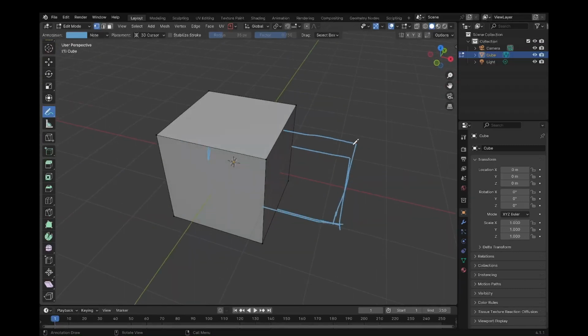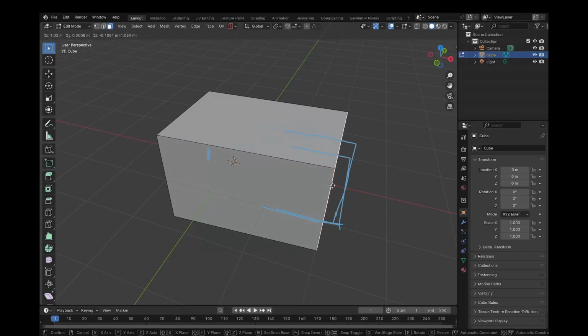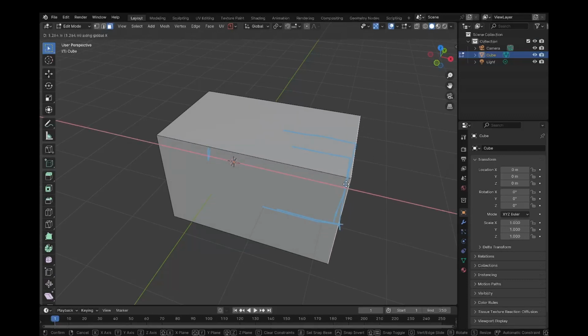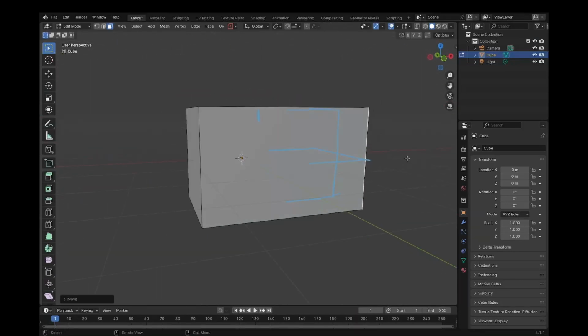Something extruded like this. Now we could do that by selecting these 4 vertices or these 4 edges or this one face, and pressing G and moving it on the x-axis like we learned in the last video. And it's scaled up perfectly.